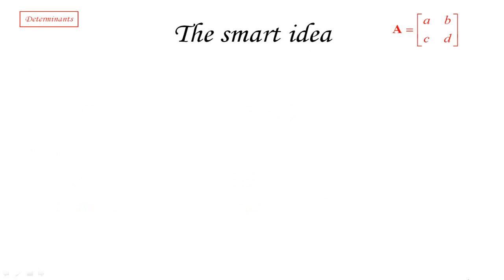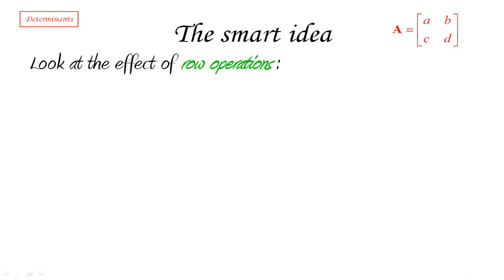So here is the smart idea we're going to use. Instead of defining the determinant through some kind of complicated algebraic formula like it was done traditionally, we're going to analyze some of the properties of the determinant of a 2 by 2 and see if we can extend that one. What are these properties? First of all, we're going to look at the effect of row operations on the determinant of a 2 by 2. So for instance, notice that if we switch two rows, then let's say we're taking,